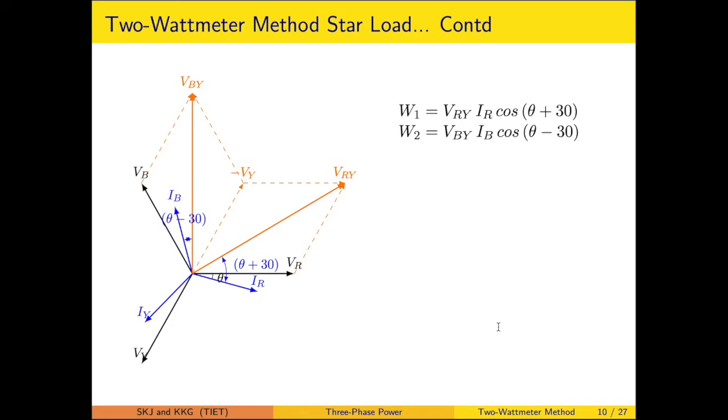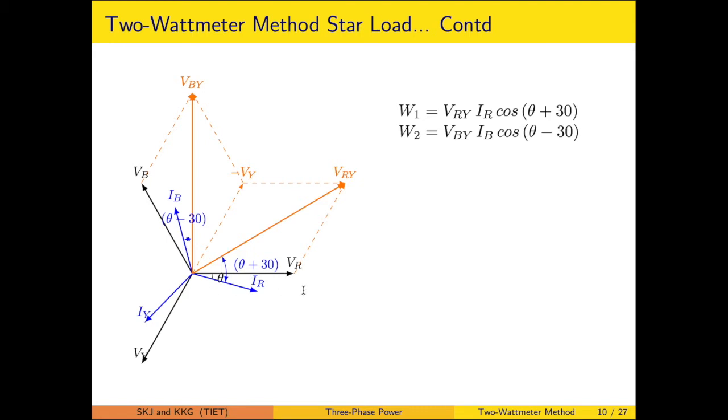Now the 2 wattmeter method. Please be mindful that in our consideration we have considered Y as a reference. So we are measuring the current IR, the current IY, the voltage VRY, and the voltage VBY. Whatever has been marked in black is a phase voltage. Whatever is marked in blue is the phase current. Phase current is the line current in case of a star arrangement. So they have a displacement of 120 degrees, which is drawn clearly.